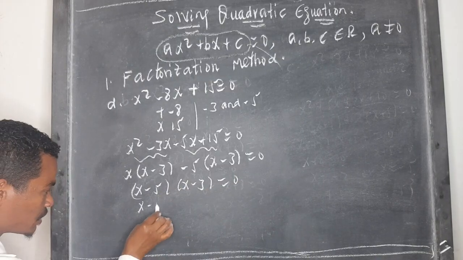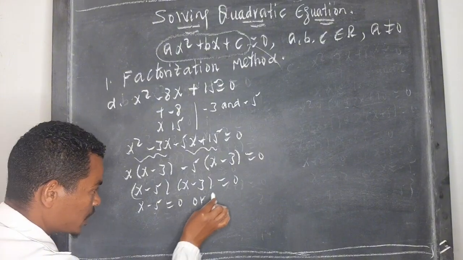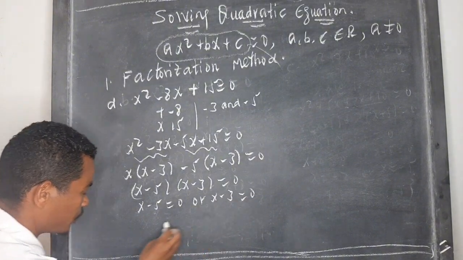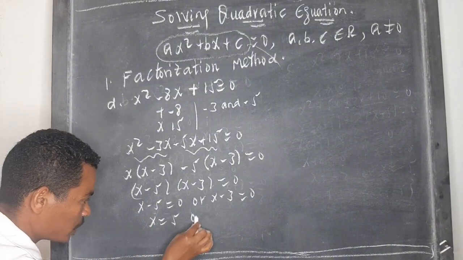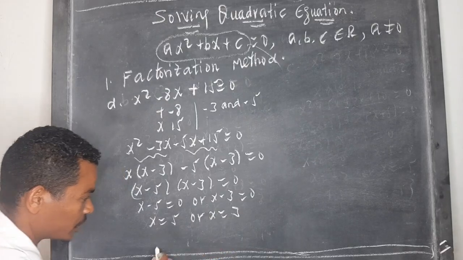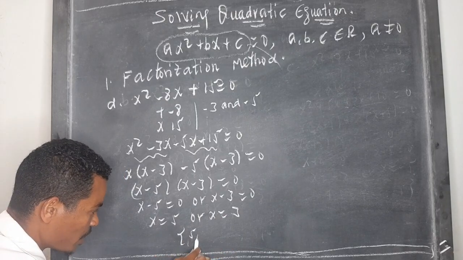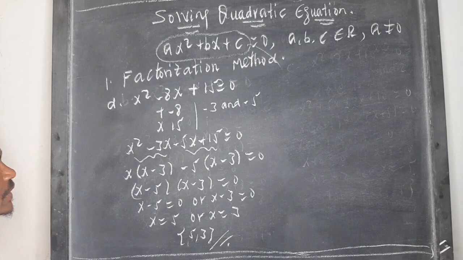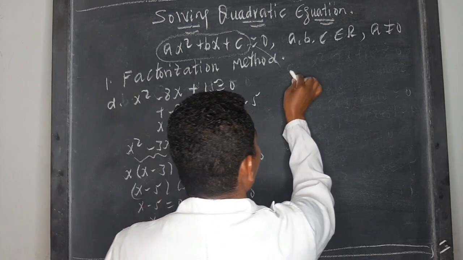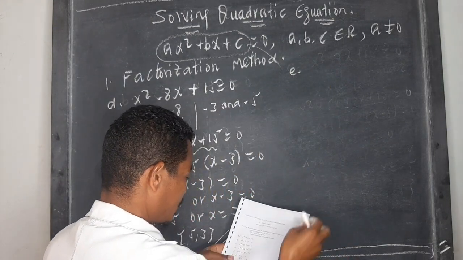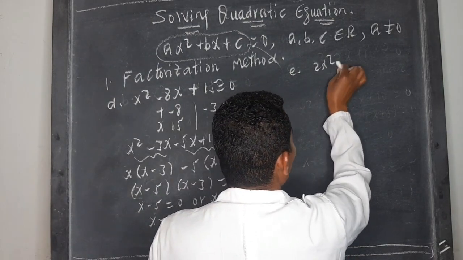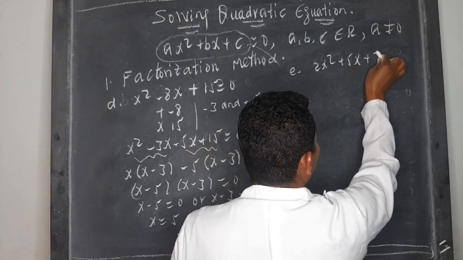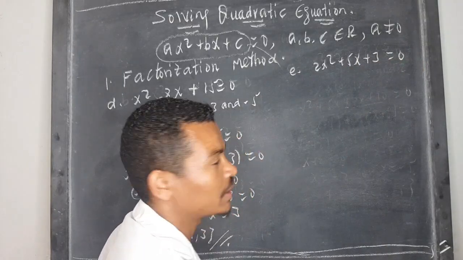That is x minus 5 is equal to 0 or x minus 3 is equal to 0. x is equal to 5 or x is equal to 3. The solution is 5 comma 3 ይሆናል ማለት ነው። ኦኬ